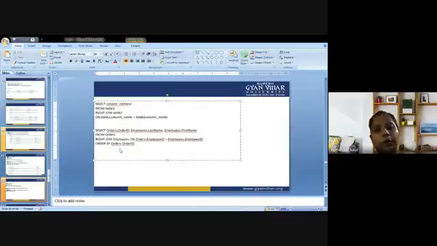Select order ID, employee.last name, employee.first name from orders, right join employee on order.employee ID is equal to employee.employee ID, order by. Initially it was order by name, now it is order by order ID. So see the difference.